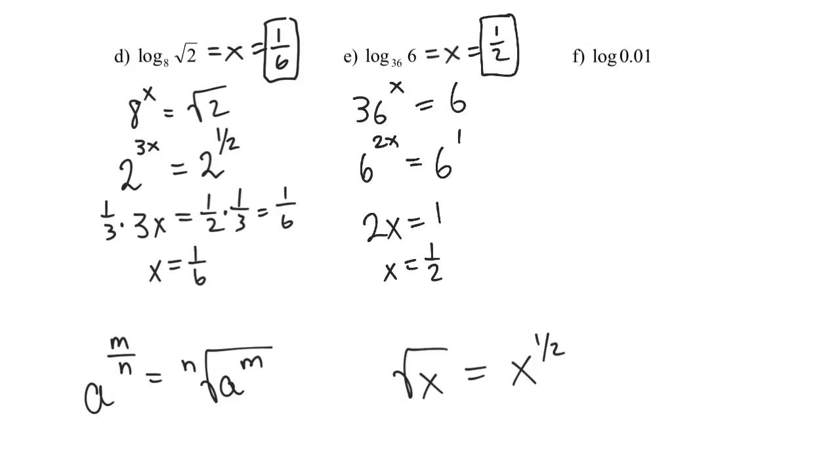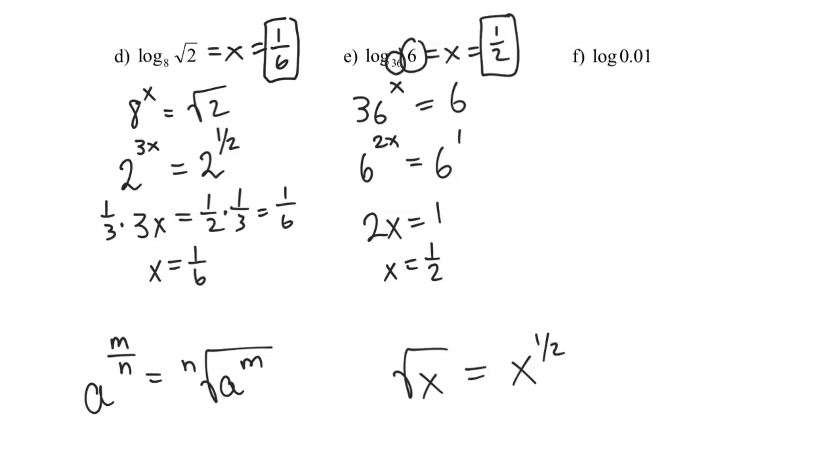And that should make sense that the answer there is 1/2, because if you think about it, this question is asking 36 to the what power is 6, and since 6 is the square root of 36, then it means that I would have to raise 36 to the 1/2 power, because that would be taking the square root